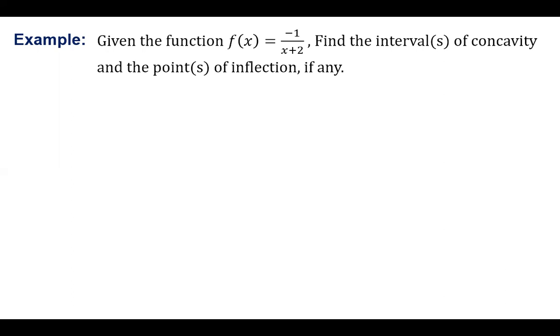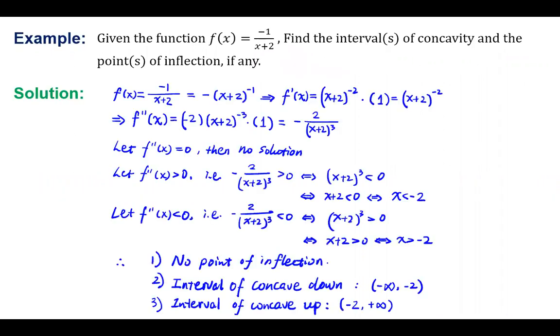Okay, first of all, finding the intervals of concavity and the point of inflection involves the second derivative, right? So first of all, we find the second derivative of this function. First, differentiate this function in order to find the first derivative. First derivative of f(x) equals, so note that this function is a composite function. The outer function is a power function. The inner function is a polynomial function, right? So the first derivative equals (x plus 2) to the power of -2 times